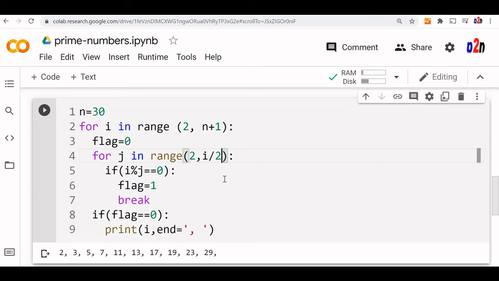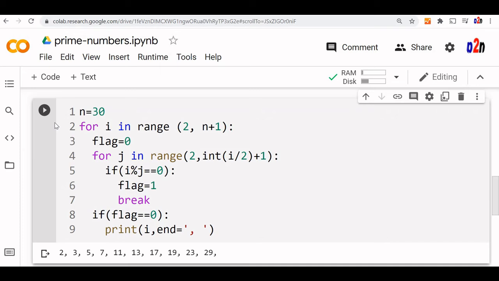So to improve the efficiency, let's put it in, because on division it may be a float value, so we'll convert it using int and we'll increase by 1. So this is a better way. We need not run the entire j value from 2 till the i value. We can run up to half of the i value and still get a result, so our efficiency will go up. Let's just check it once.